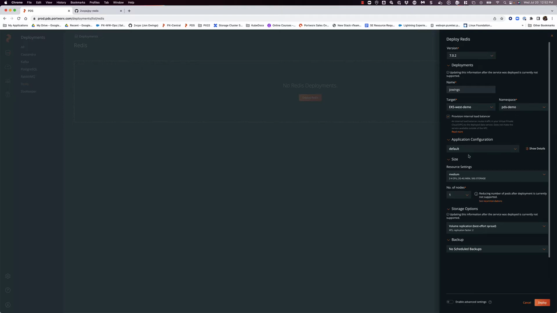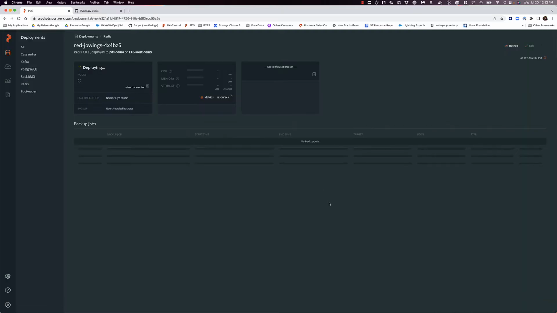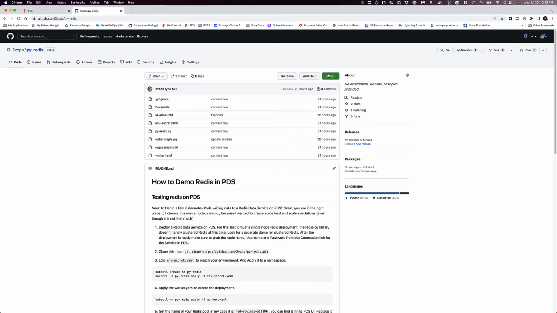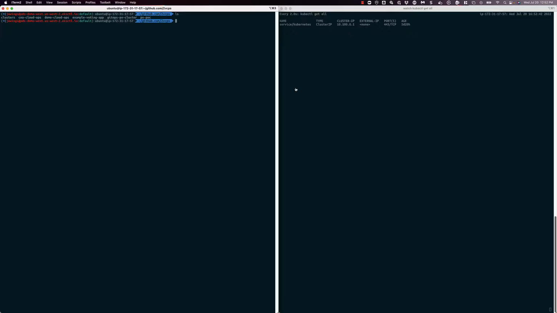And we're going to deploy this to that namespace. We're going to leave the rest default. The demo code we're using now works with one replica, so that's ideal for what we're going to show off today. From this, we're going to actually clone this repo, which is available. If you look it up there, we can include the link in the notes. So we're going to clone that